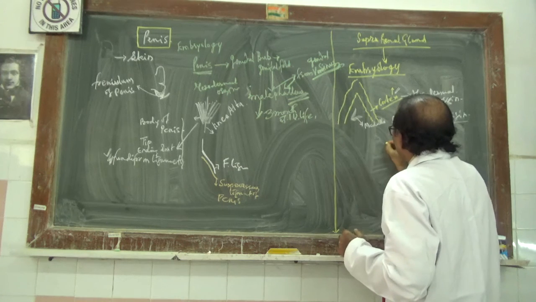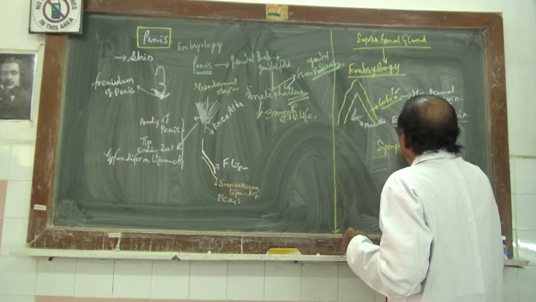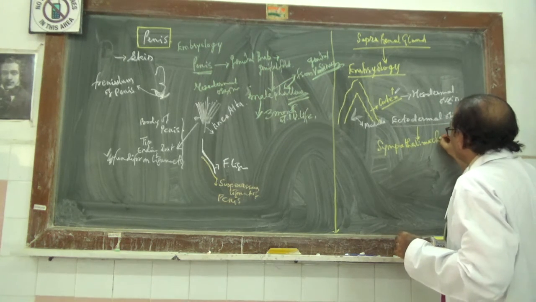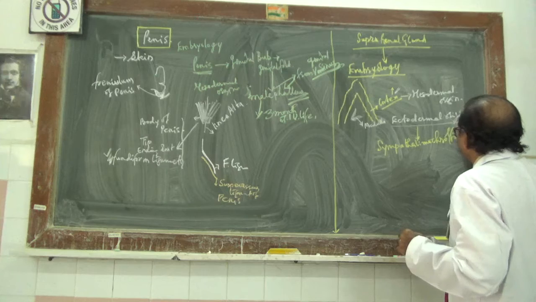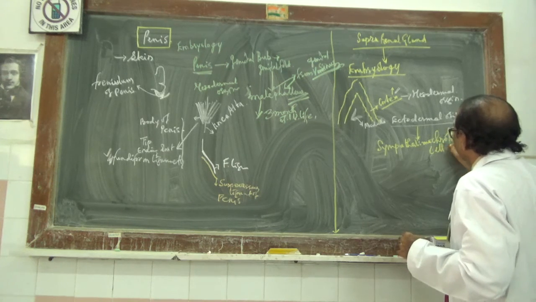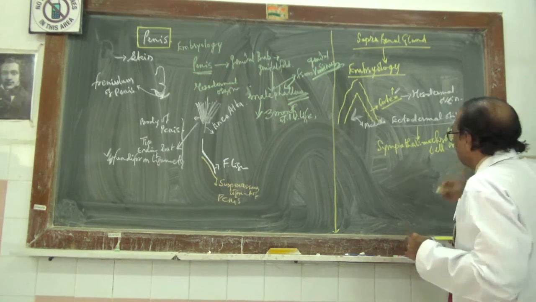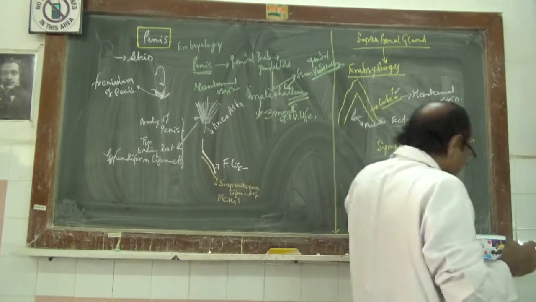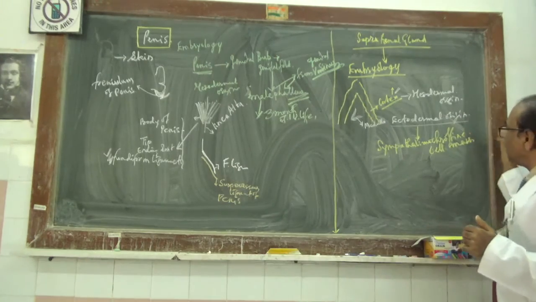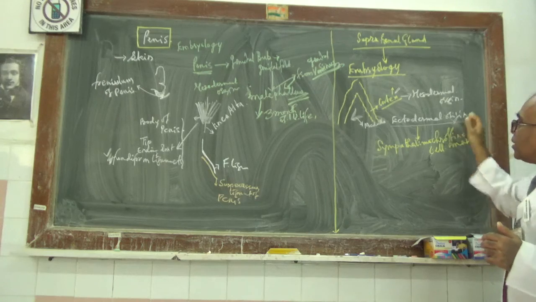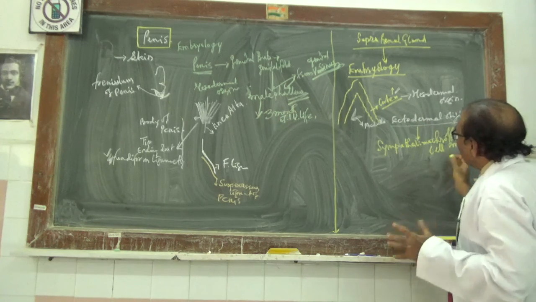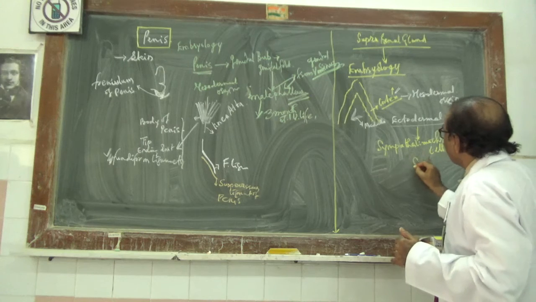It is totally by the sympathetico-chromaffin cell mass at the level where the suprarenal gland is present. There it will convert into